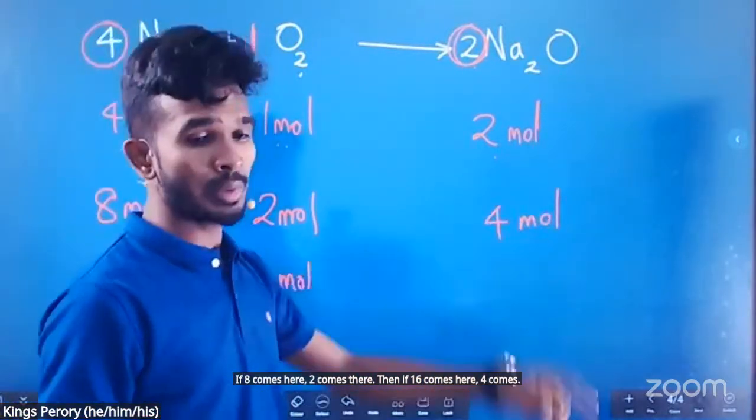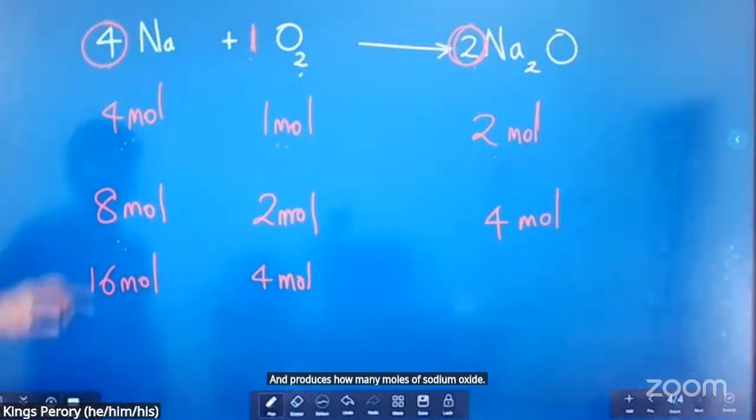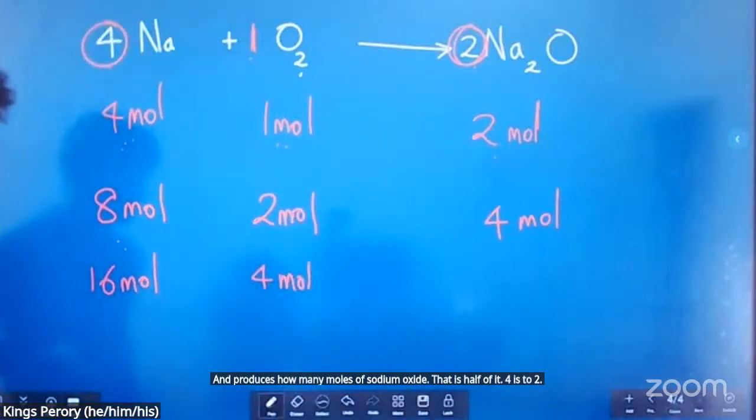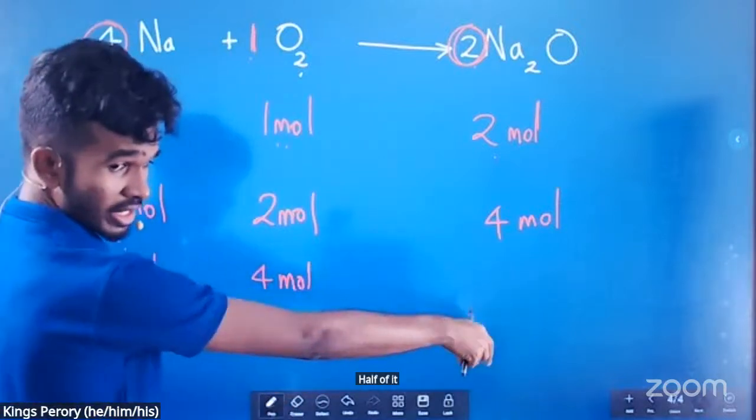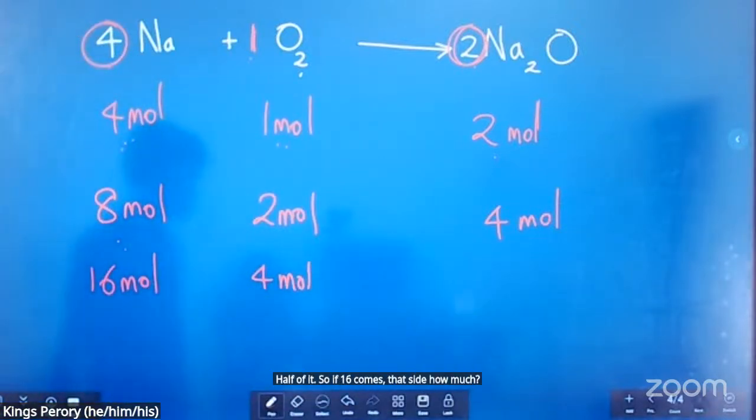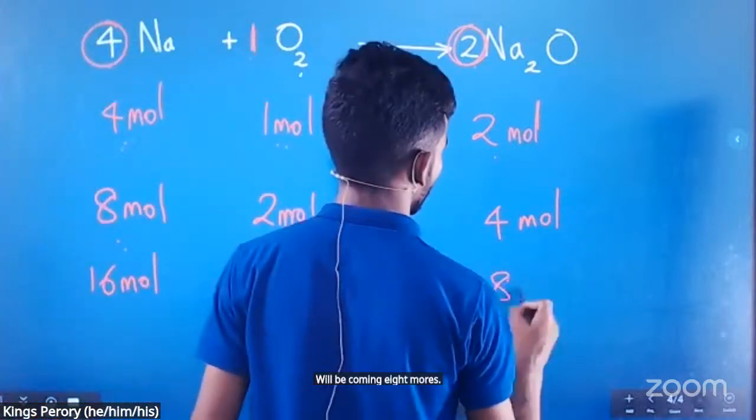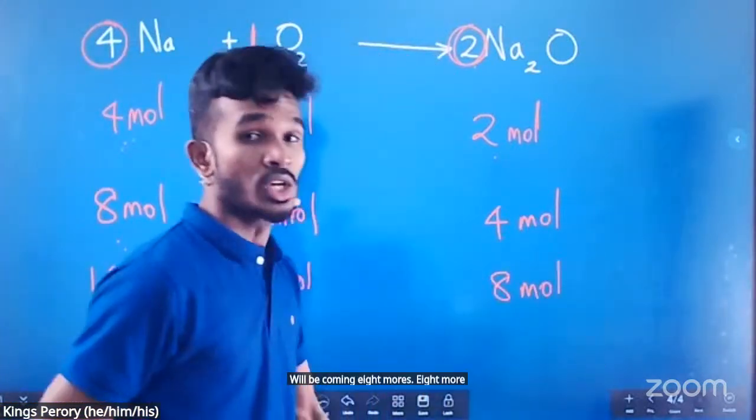And produces how many moles of sodium oxide? That is half of it. 4:2, half of it. So if 16 comes, how much will be coming on that side? 8 moles will be produced. So basically,